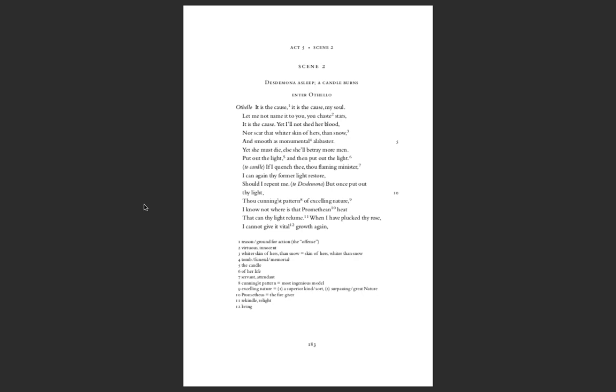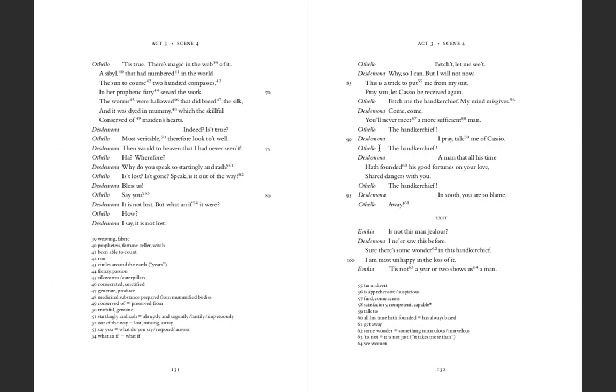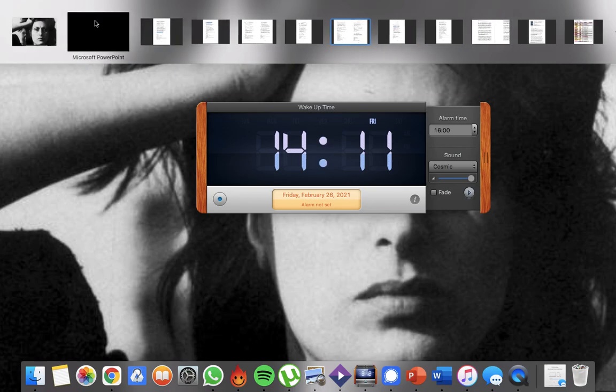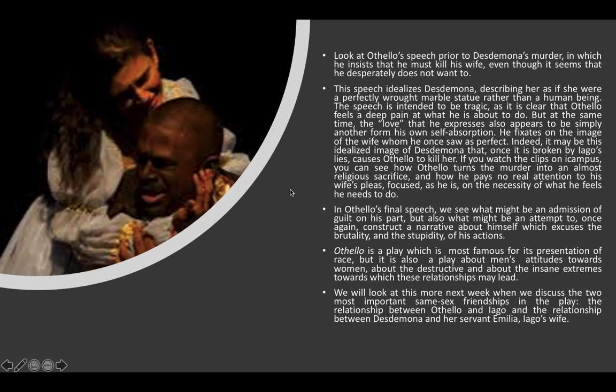And he says, I'll not shed her blood, nor scar that whiter skin of hers than snow, and smooth as monumental alabaster. So alabaster is marble. It's a kind of white igneous rock that tombs are made out of, and that beautiful statues that you see on tombs are made out of. So at the same time that he's full of regret for what he's doing, Othello is also still